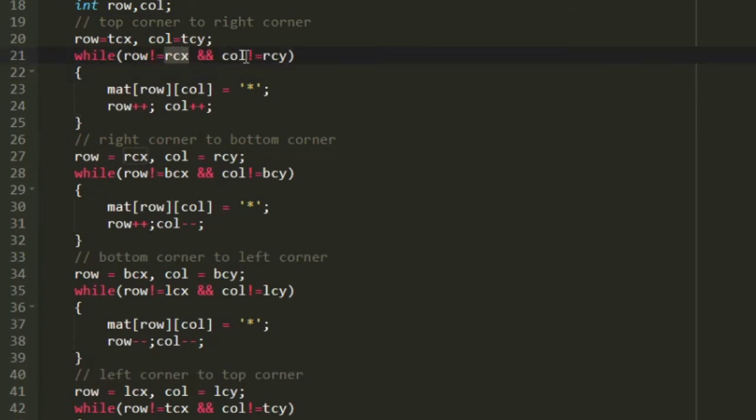So we need to iterate the values of row and column until row becomes equal to rcx and col becomes equal to rcy. And here we have included the condition not equal to within the while loop. Only then the loop iterates until row becomes equal to rcx and col becomes equal to rcy.